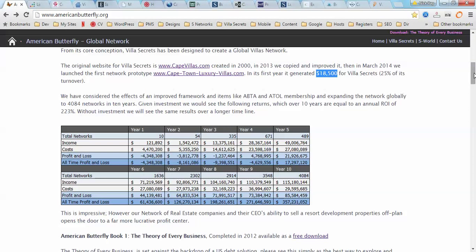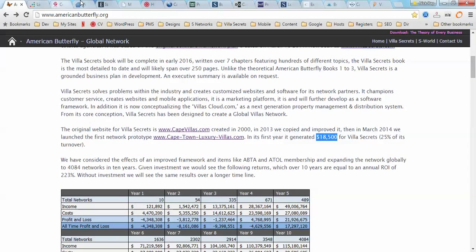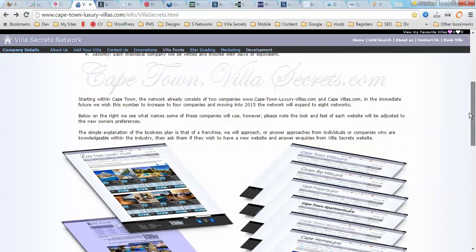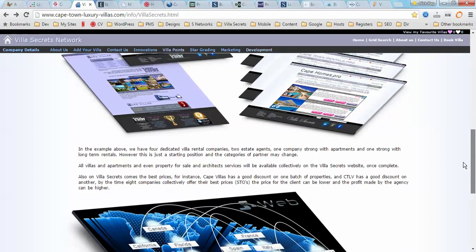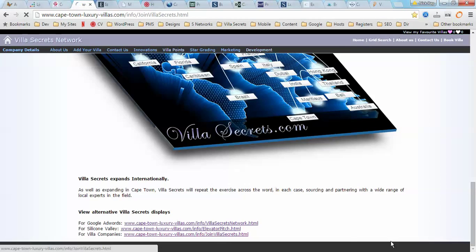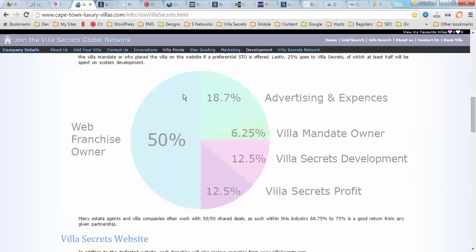It started with this plan back in February 2014. No, sorry. This plan. And the idea is to make a lot of websites, different franchises, and then do the same thing all over the world. Here was the original franchise concept. 50% of income goes to the franchisee, 25% spent on marketing, 25% goes to Villa Secrets and American Butterfly, which is pretty much in line with